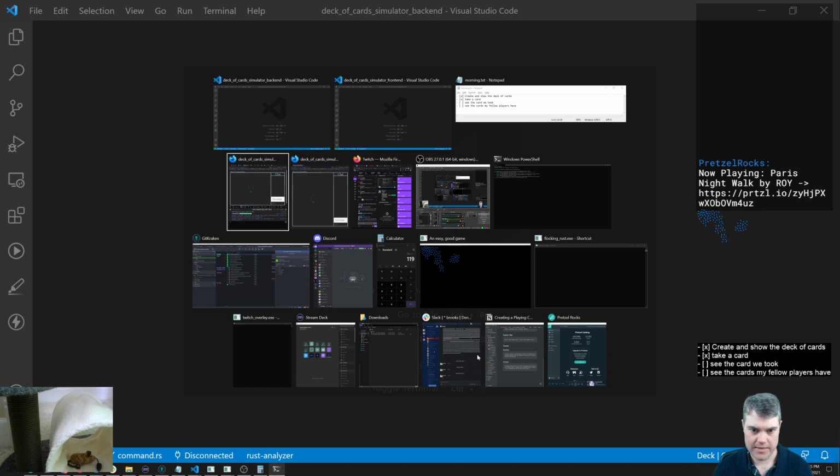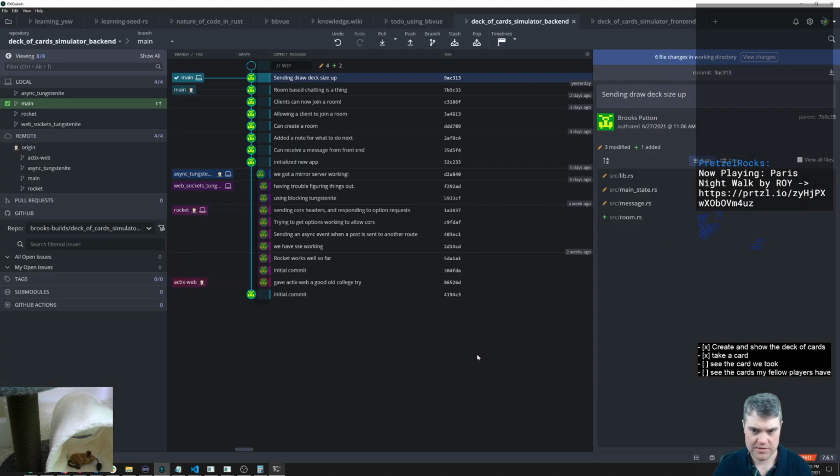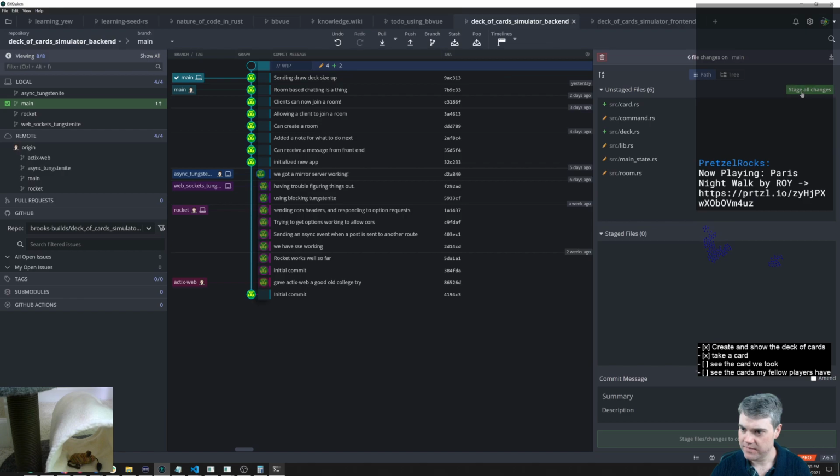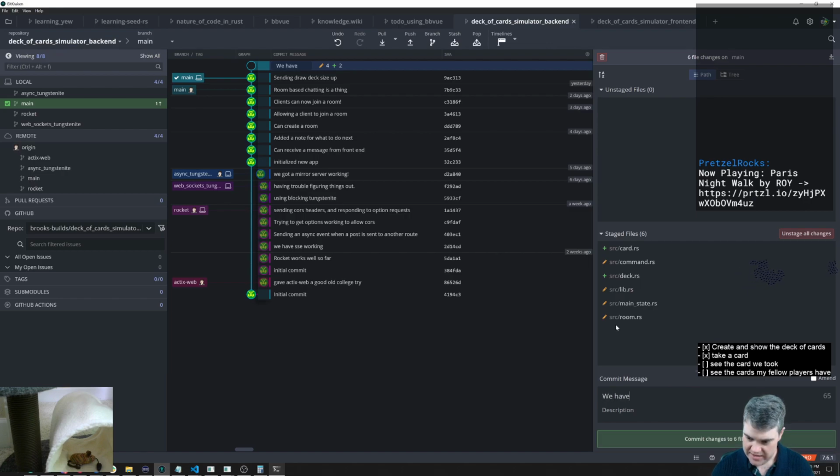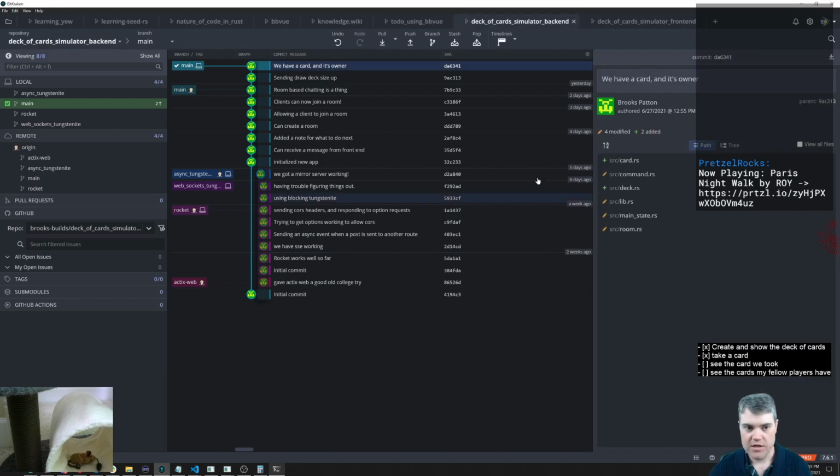Okay. Nothing was unsaved there. This is our back end. So we have a card and its owner. So more and more what I'm thinking of as I'm building this out is that I should consider